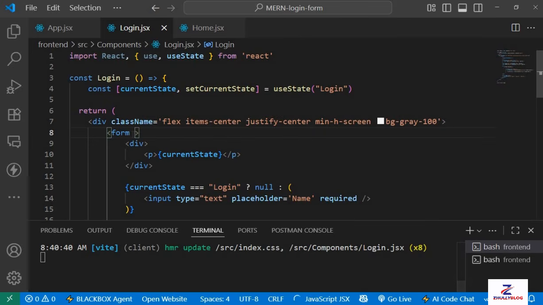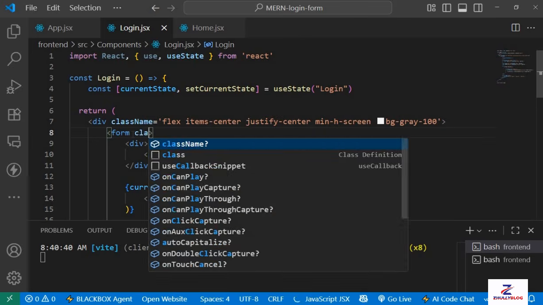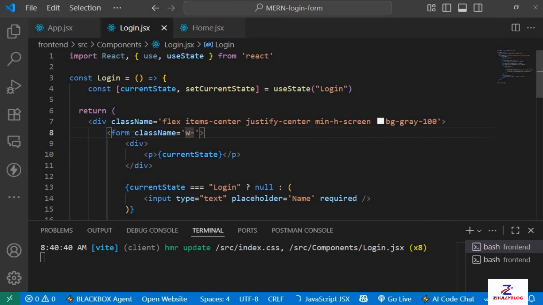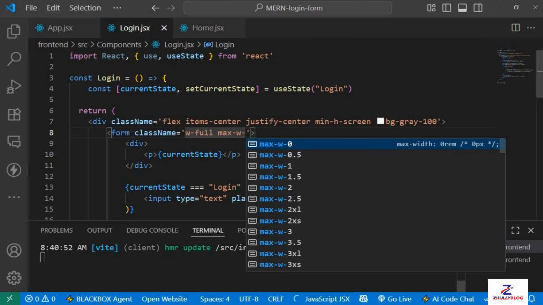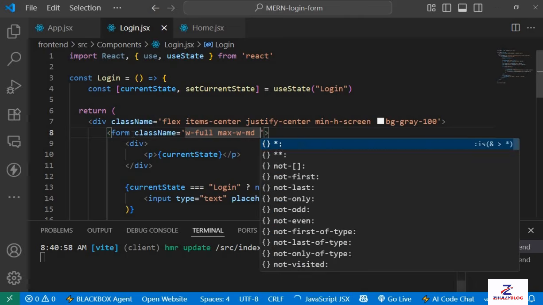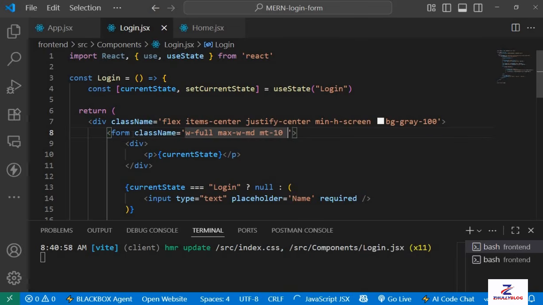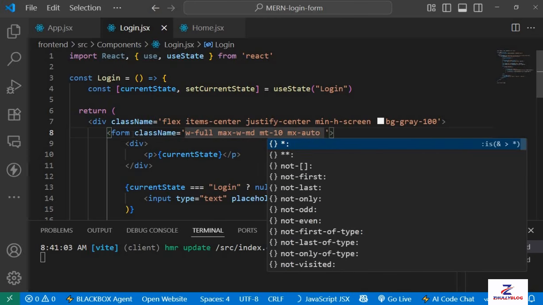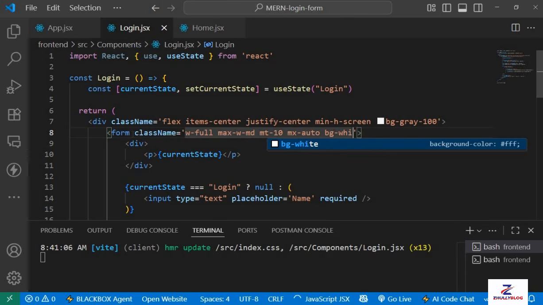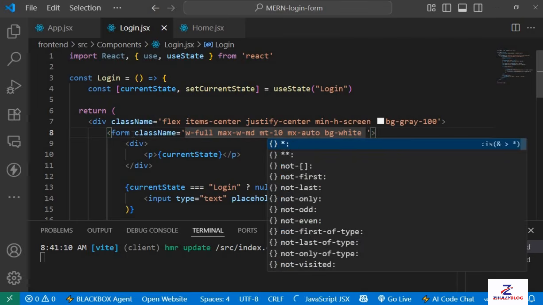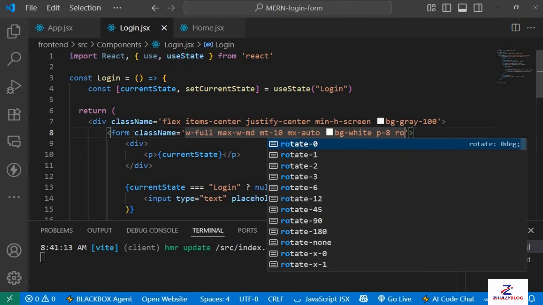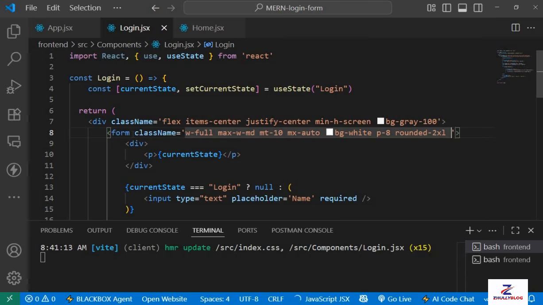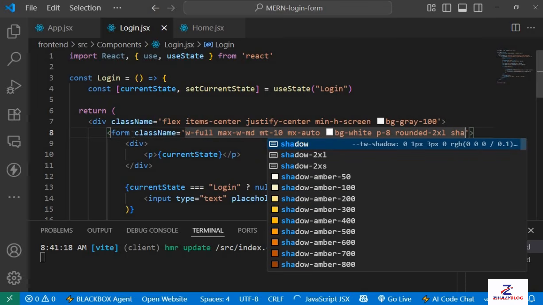Then we have the form tag. So for the form tag, I'm going to set the width to full, and then max width would be medium. Then I'm going to set margin top to 10. Then I want the form at the center. So then I'll set the background color. It's going to be white. I'll set the padding of 8, and then the border radius of 2XL. So rounded 2XL on all sides. I'll set shadow